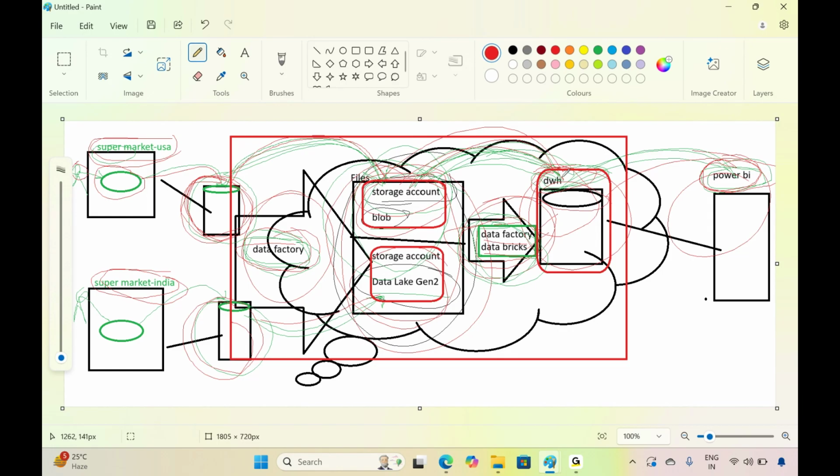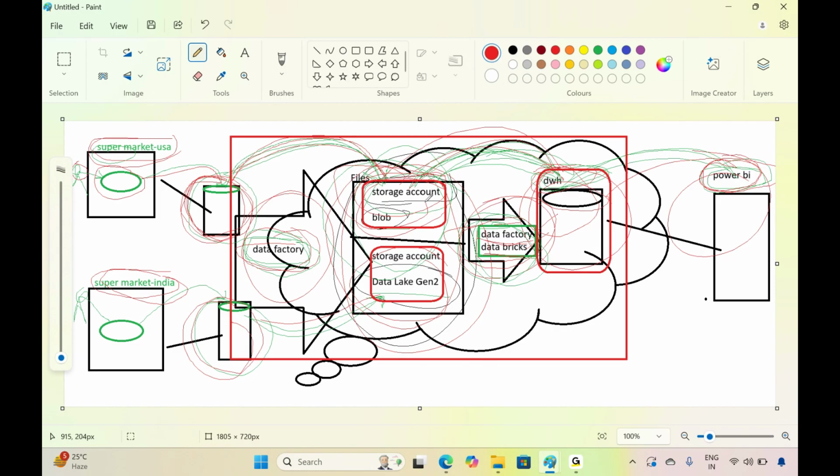Again, to do this data cleaning and transformation, you can use either Data Factory or Databricks. So why are we not cleaning the data when capturing it from the business server into the storage account? The reason is that it will impact your business. I don't want to wait that much time until my data cleaning process is completed. First, I will pull the data and store it over here. So as a data engineer, your role is to pull the business data stored daily in the data source systems, apply transformations, clean the data, consolidate it, and finally save it in one place.